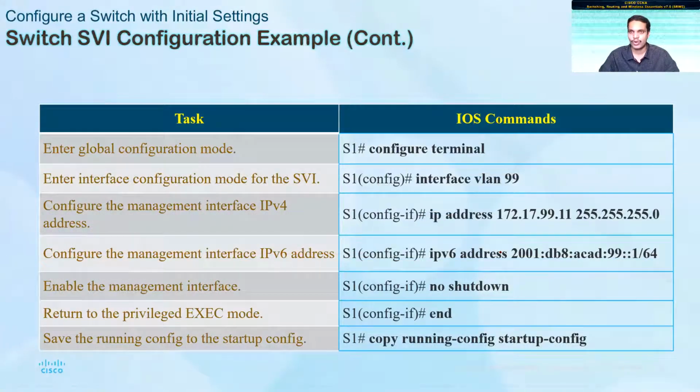As you all know, the first thing is to configure the management interface. We have already done these commands many times. Let's go into global configuration mode by typing configure terminal, and then you specify which VLAN you want. Interface VLAN 1 we are very much used to, but taking best security practices into mind, you can set up VLAN 99 and then assign the appropriate IP address along with the subnet mask. You can also assign an IPv6 address along with the prefix, and then type no shutdown. That means the interface is now active. Then you can copy the running config to the startup config.